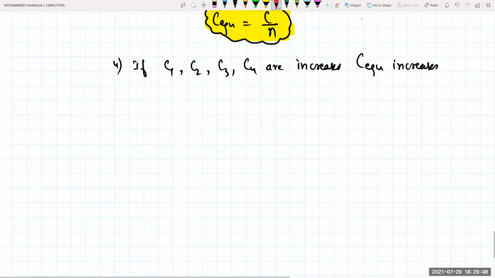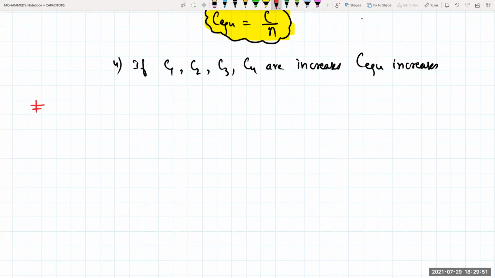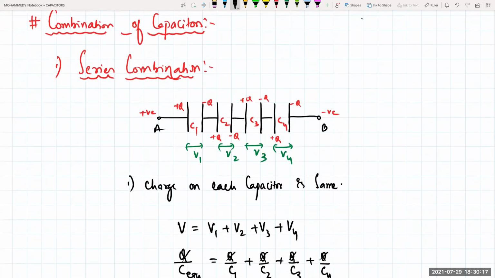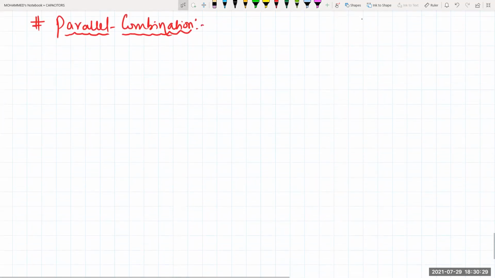The next one is your parallel combination. In parallel combination, charge will not be the same. There will be a division. This will be your parallel combination. How to identify series and parallel? If you see the circuit and feel there is no division of the charge, then that will be series. If there is a division of charge, that will be parallel. Whatever charge enters at A, the same charge comes out, then it is in series. If you see the division of charges, like 10 liters of water going into two pipes, then that is called a parallel combination.